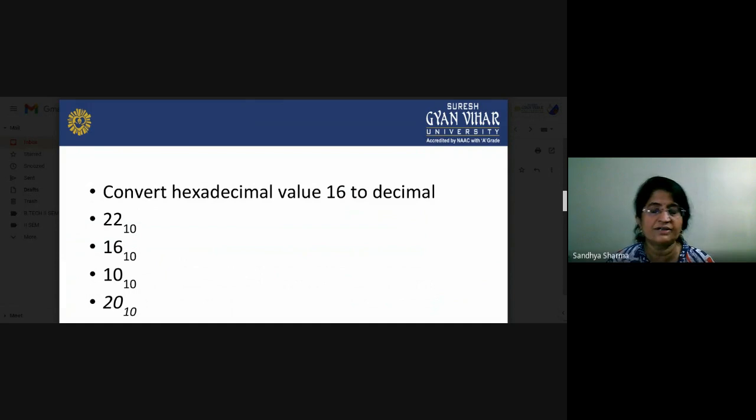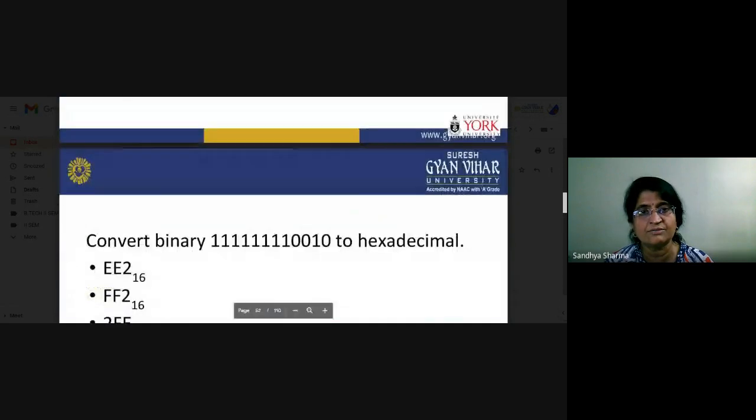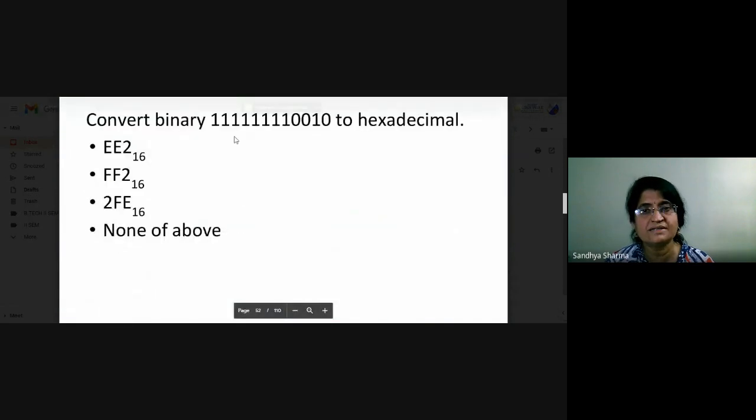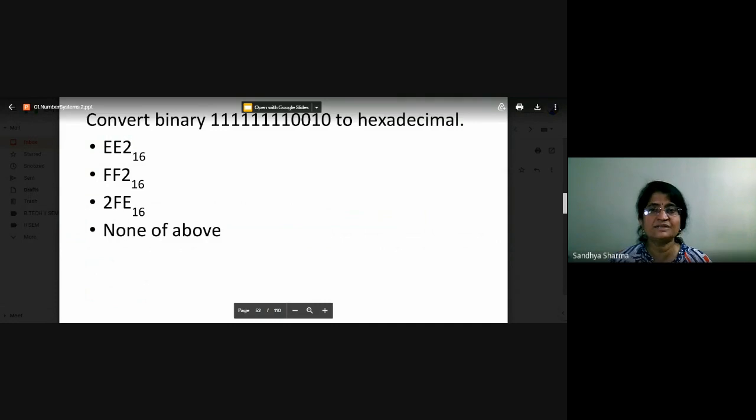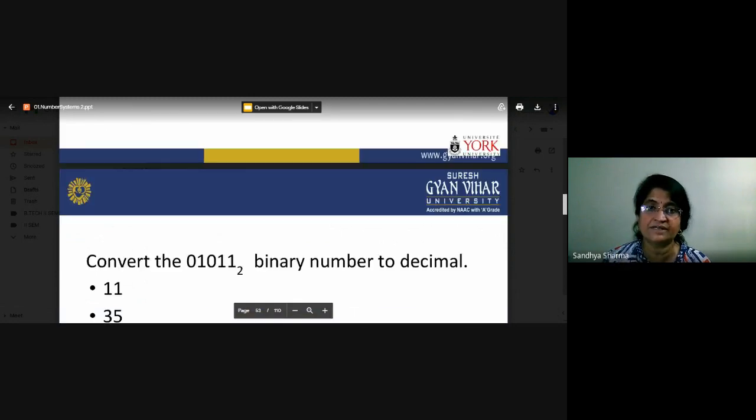So how can you convert your values into decimal? You have to remember these are basically the binary number system, and you have to convert it into hexadecimal. So you have to know what type of combinations, or how many bits, you require in a particular group. So we have to divide these and then we can convert.